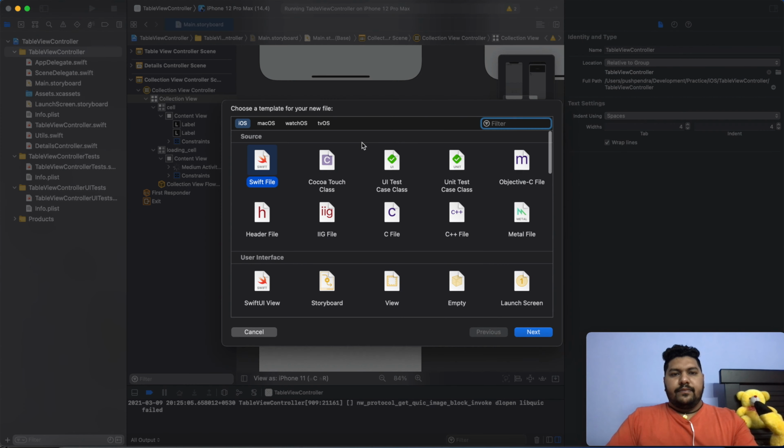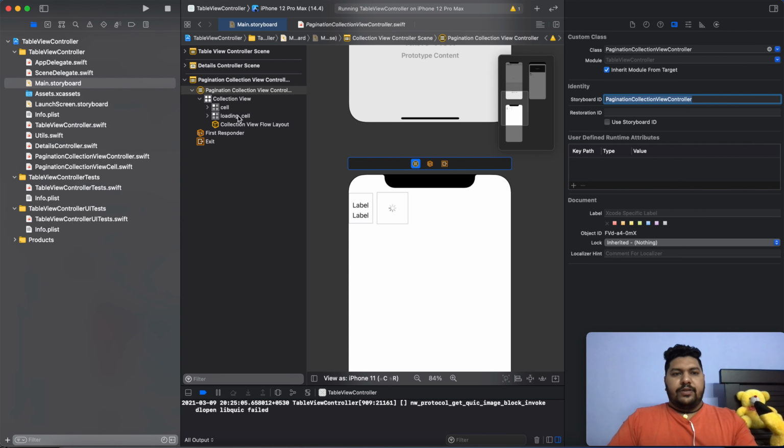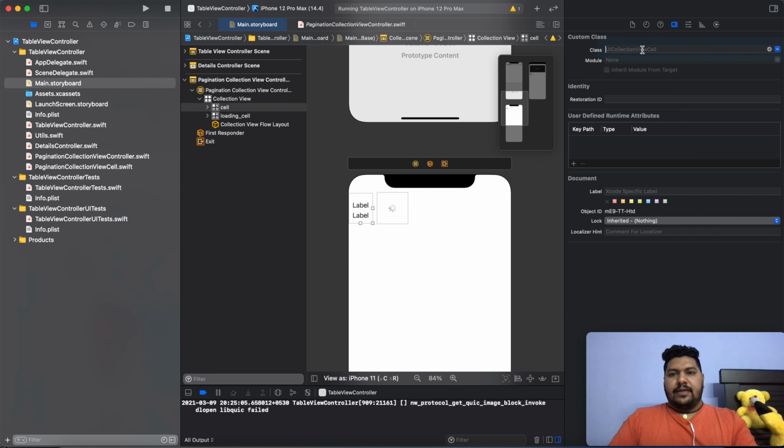Now I am going to assign the identifier to this. So I will open my main controller, and here this is my collection view. First of all I will assign the class, so pagination collection view, and in the same way I am going to set the storyboard ID. Now the second thing, cell class. Here again pagination collection view cell, and the same cell I am going to assign here.